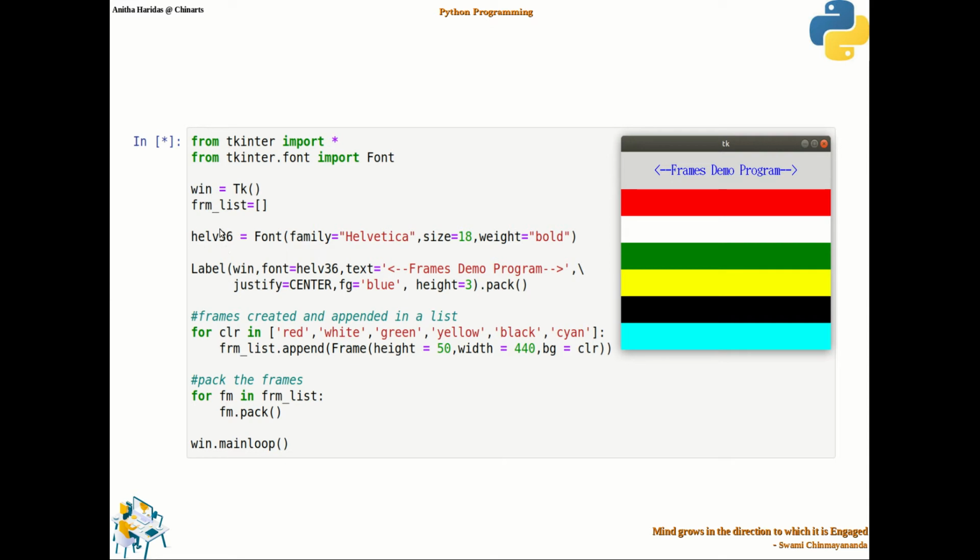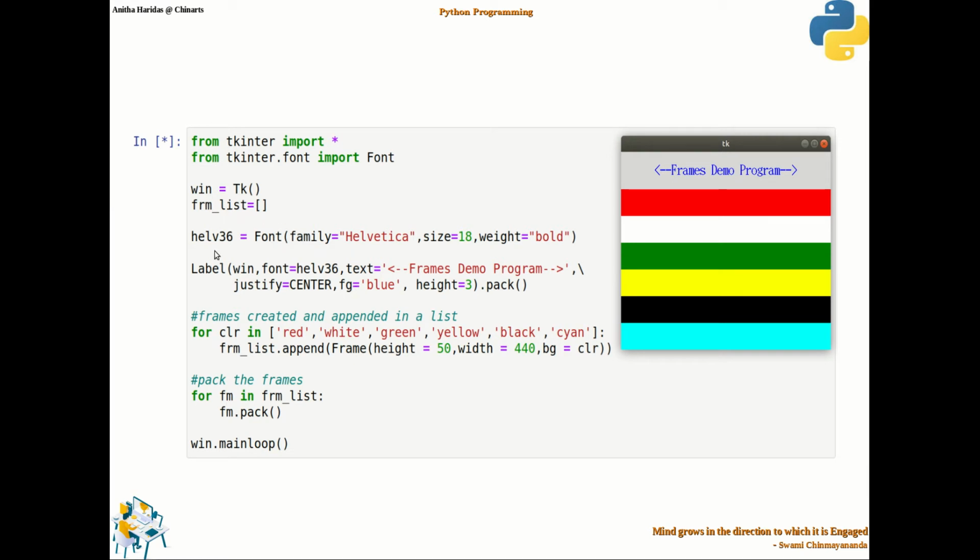Then this is another interesting thing that you can have, because whenever you are going to have a label or captions, etc., it will be using the default font. Suppose if you want to have a font which should be in bold or in italic, or you want to have a specific size for the font, or you want to have a specific family like Times New Roman or sans serif, these kind of fonts if you want on the window, that can be created using the font class.